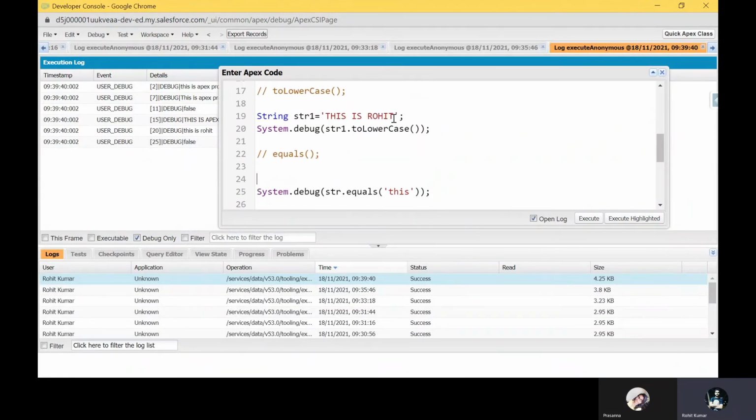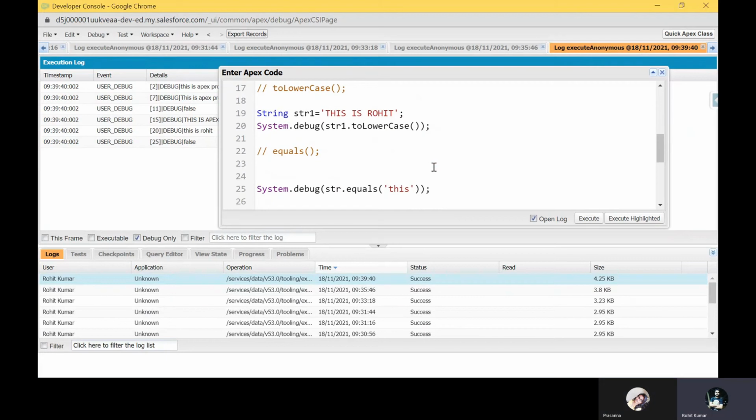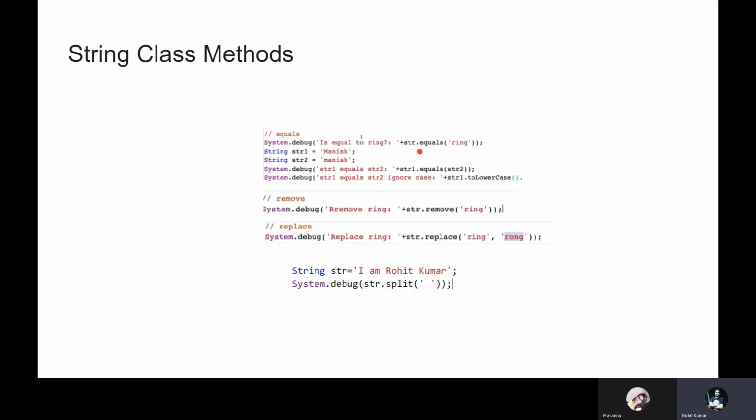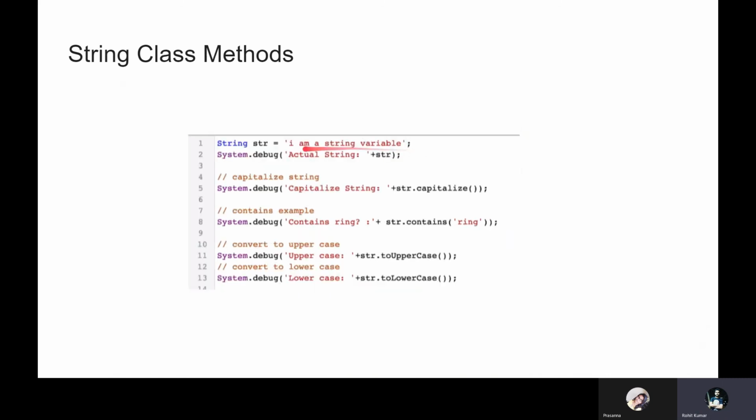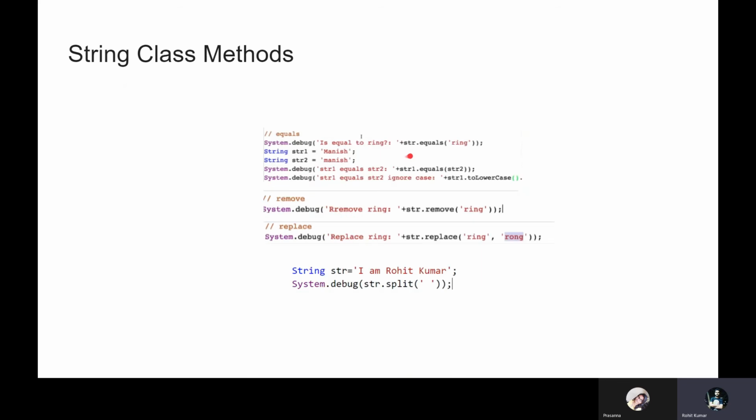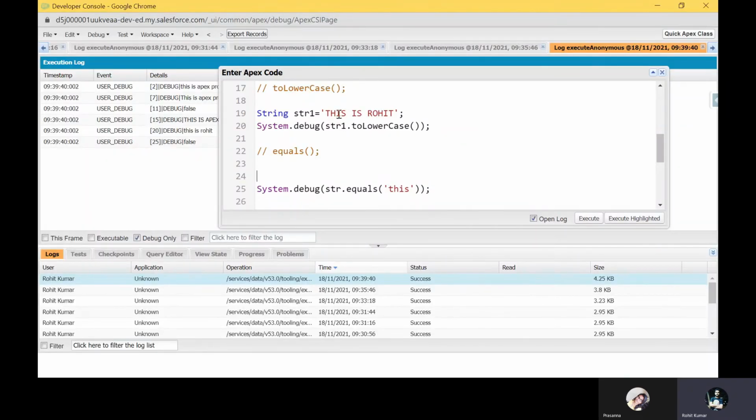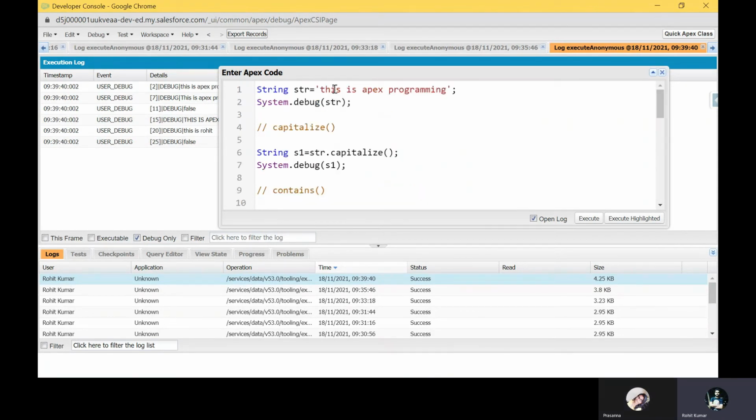In str.equals, this is not available, but I have something for you, like str, under the str, like "I am a string variable", like that. Okay, and here you can see ring. So we can check as well, like "this is".